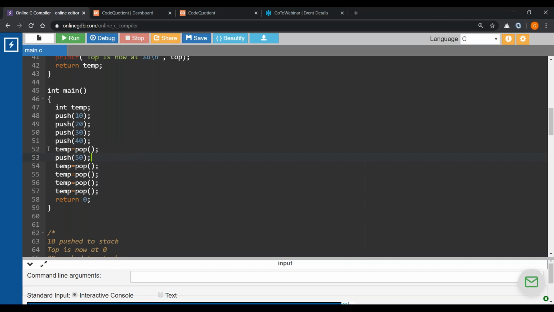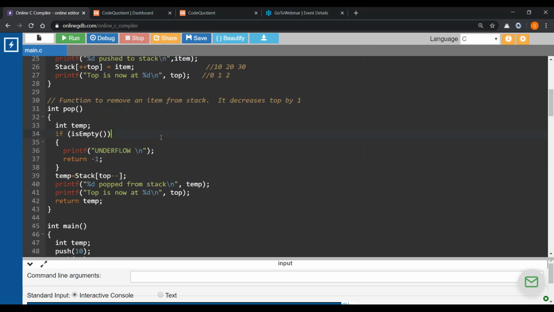Okay. Now let's understand what is the significance of this particular line. This line, temp is equal to pop. Now, what did I tell you about the pop? Pop is the operation which should be in a position to remove the topmost element. Okay. So let's see how does the pop function work.